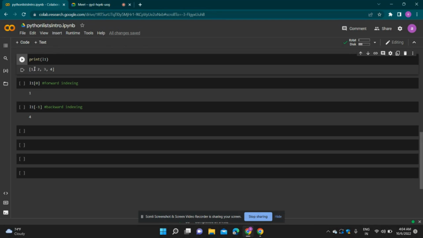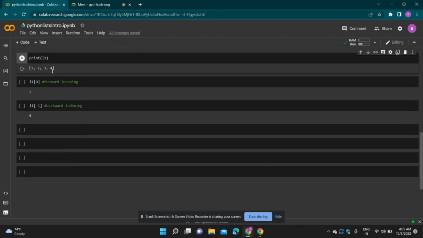So likewise 0, 1, 2, and 3. And you can use 0 to access this first element, 1 to access this second element, 2 to access this third element, and last with the help of its index that is 3. Similarly, we have a backward indexing too, that is the last element of list is going to be indexed as -1, and the next element, that is the last second element, with -2, and likewise 2 with -3,